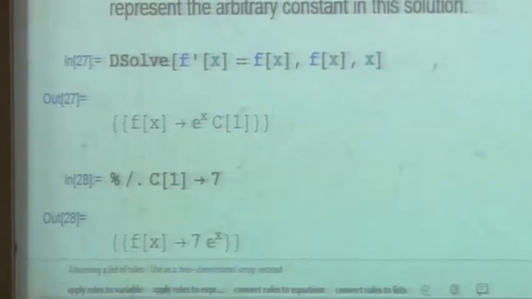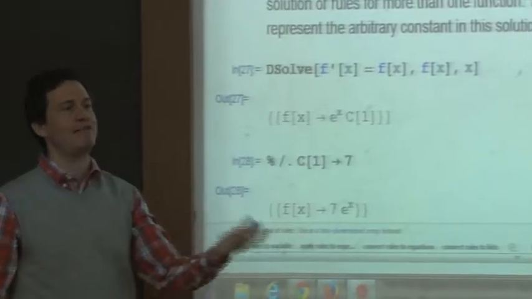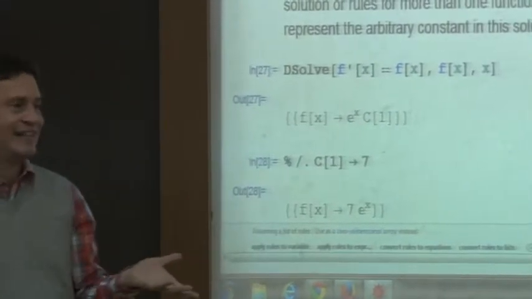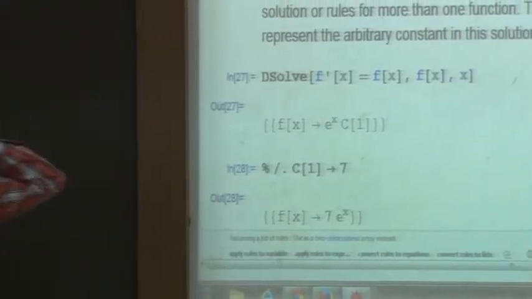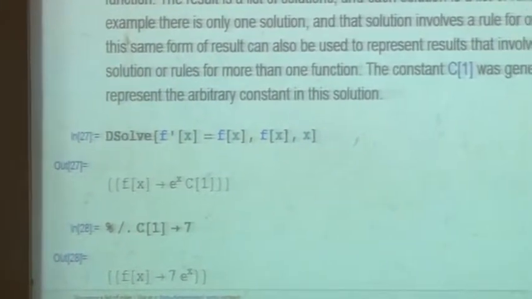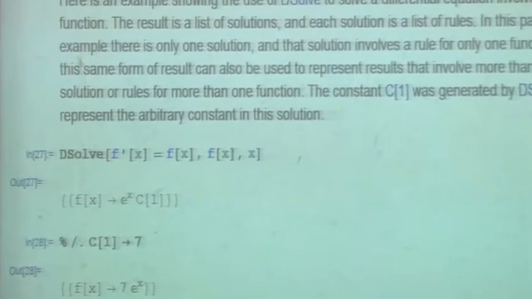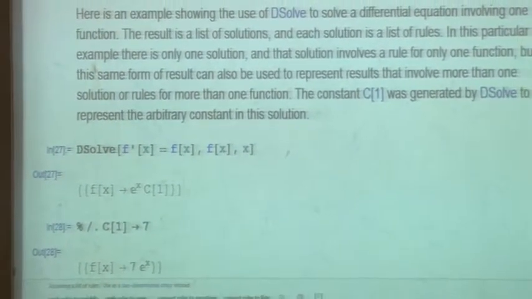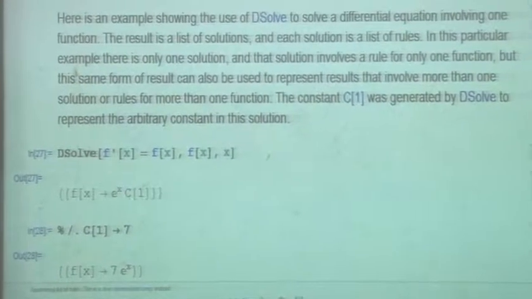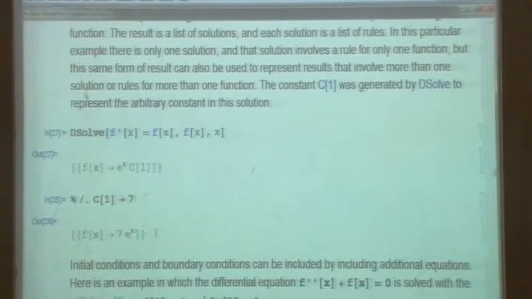So all these things we should feel quite comfortable with, right? Of course, the reason we have C1 is because we haven't defined any initial conditions. If we have initial conditions, C1 will be automatically defined. In the option bar, we will see, for instance, plot in the suggestions, or